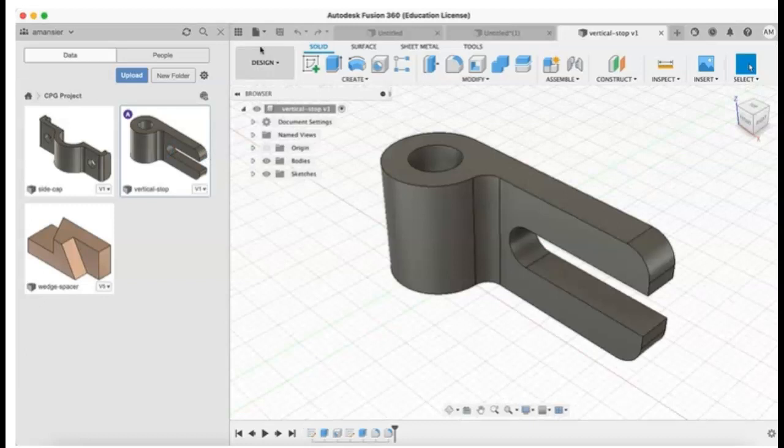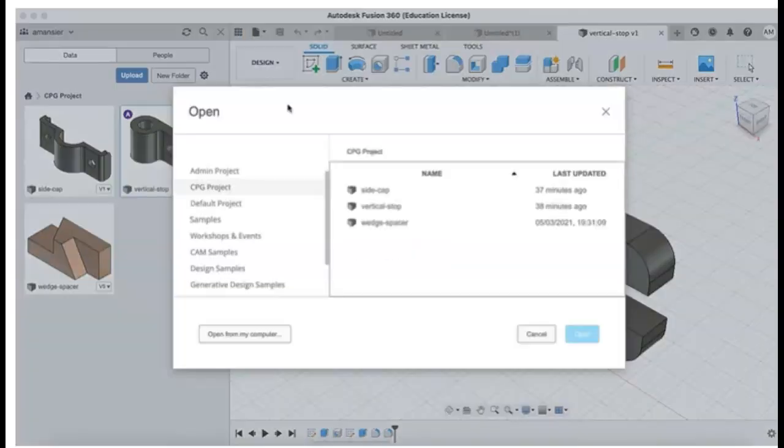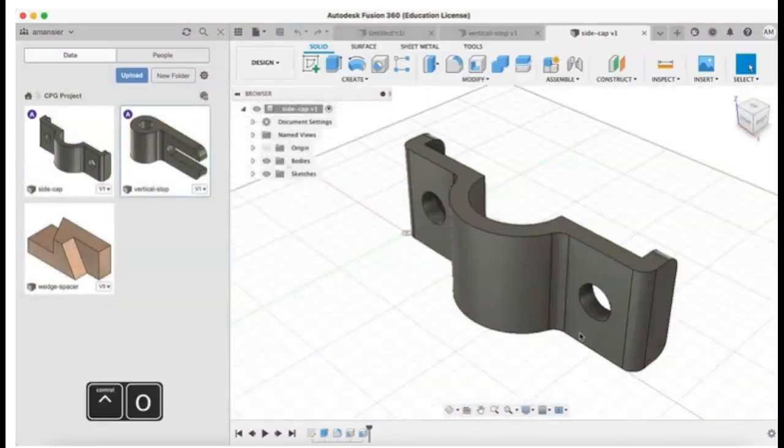The second method is by clicking the file icon on the application bar and then selecting Open. On the Open dialog box, it is possible to select designs that are stored in the cloud or designs that are saved on your local device. Once the desired design is selected, click on the Open button. Ctrl-O on a PC or Command-O on a Mac can also be used as a shortcut to open a design